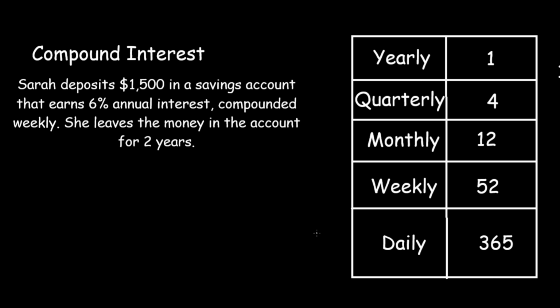We have Sarah deposits $1,500 in a savings account that earns a 6% annual interest rate. This money is then compounded weekly. She leaves the money in the account for 2 years. So, we'll plug this into our compound interest formula. What we get from this is that we know that the principal amount is $1,500 because she deposits $1,500 into her savings account. Afterwards, we have 1 plus our annual interest rate, which is 0.06, also known as 6%, over